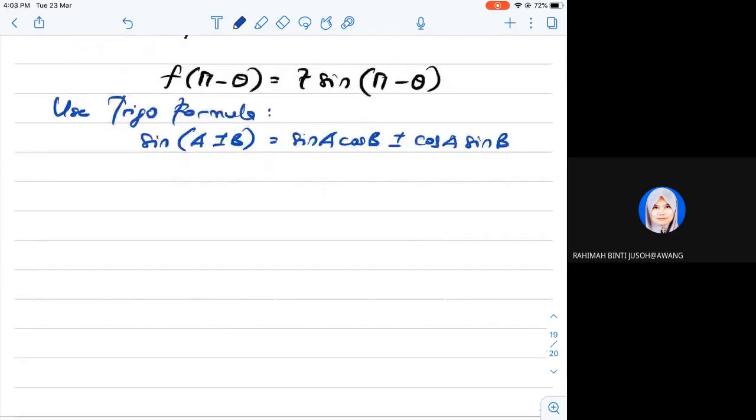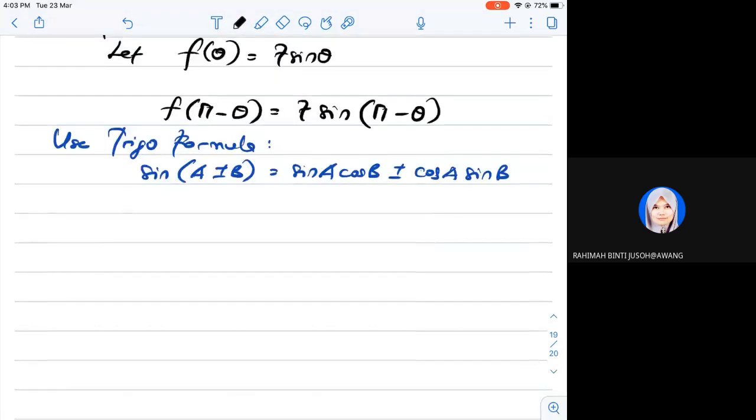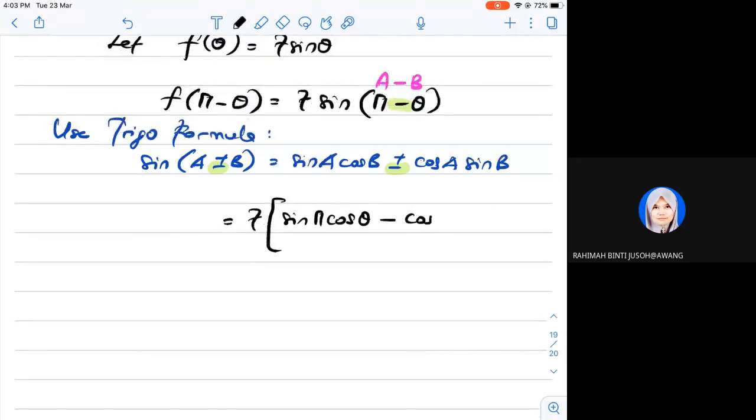Okay, so now what happened guys? Ini adalah you all punya A, ini adalah you all punya B. A equals to pi, theta equals to B. So dalam case kita sekarang ni dia minus, isn't it? So bila minus, you kena follow yang minus. Dia akan jadi sama dengan 7, sin A, sin pi, cos B, B is theta, so cos theta. Dia minus, so minus juga, cos A, cos pi,